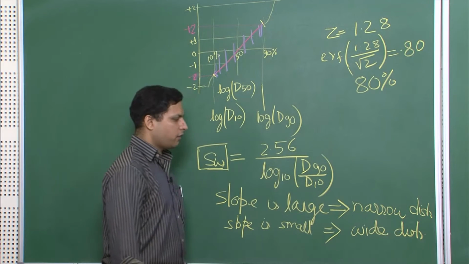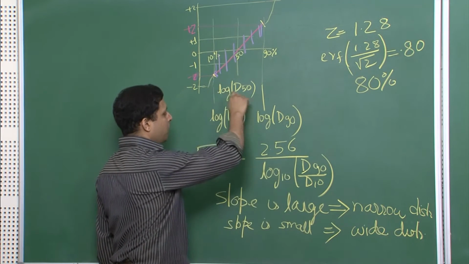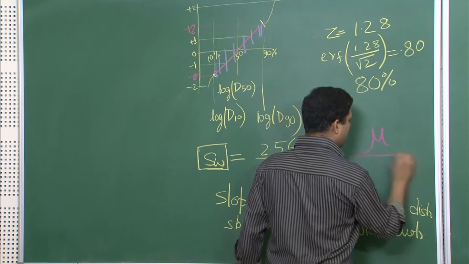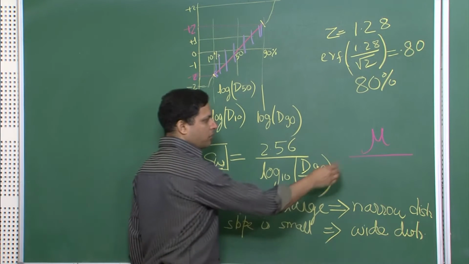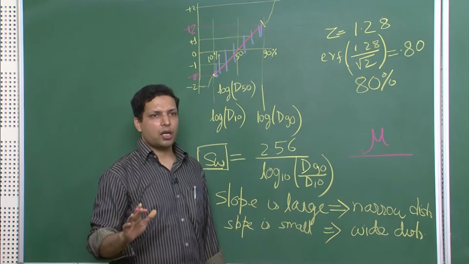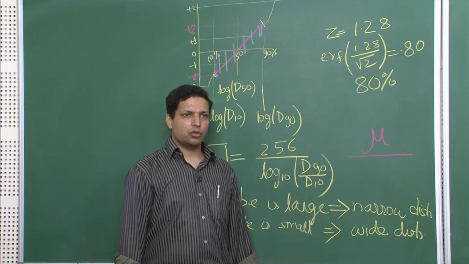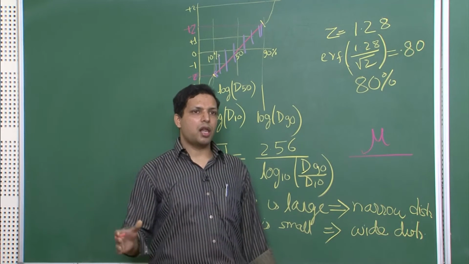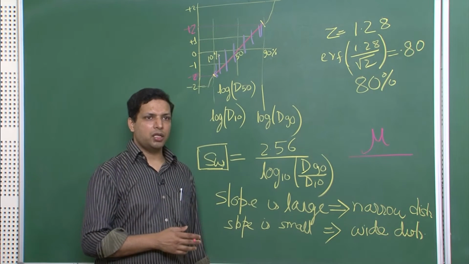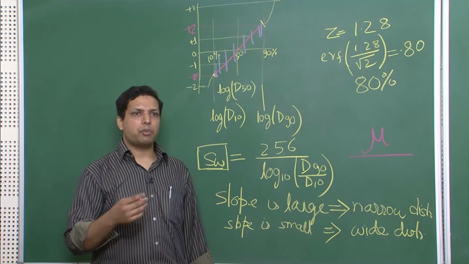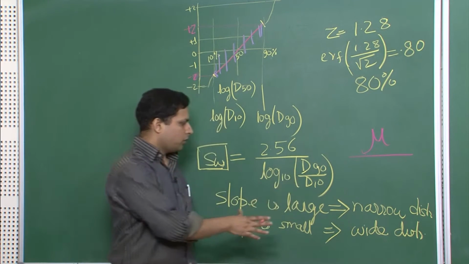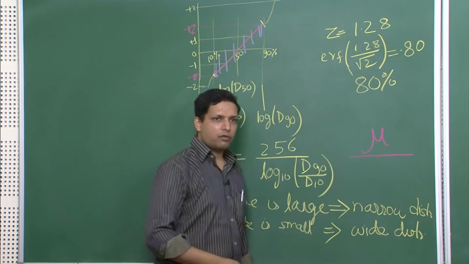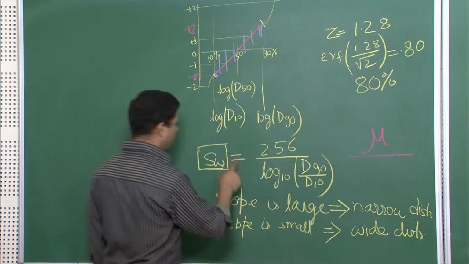you have, narrow distribution or wide distribution, and at the same time you have another number, which is mu, the average size, average diameter. So, using these two numbers, you have complete information about the distribution of the particle size. So, you see statistics comes to our help here, and we are able to deal with such a large number, something between 10 to the power 9 to 10 to the power 21 particles per kg. That kind of number can be dealt with the help of statistics, and we have now reduced the overall distribution information to just two parameters, mu and SW.